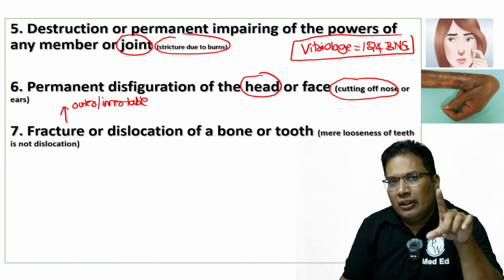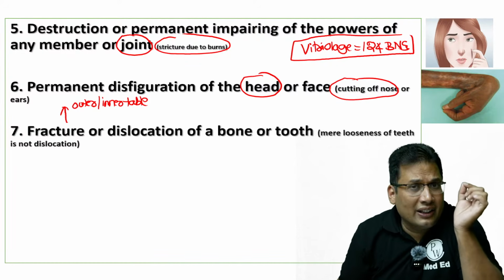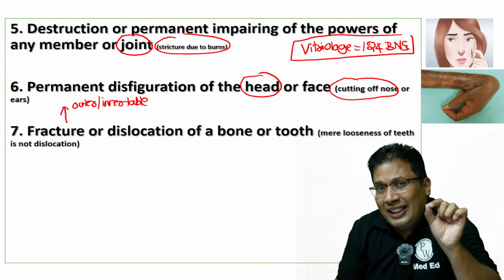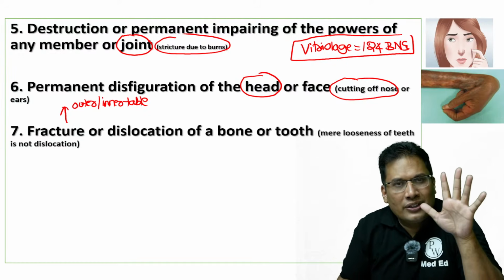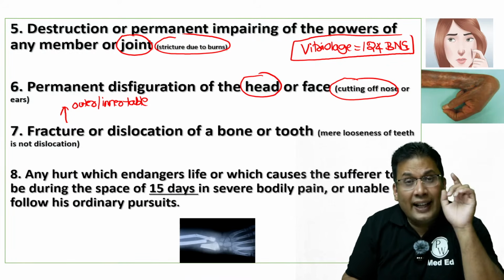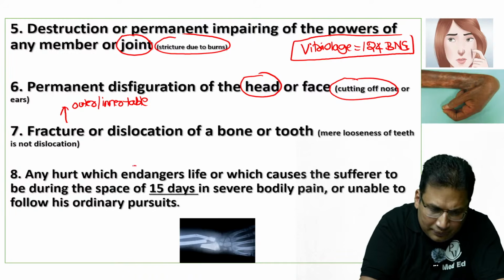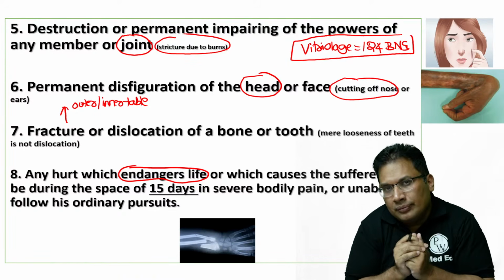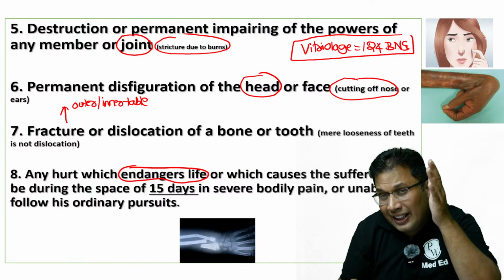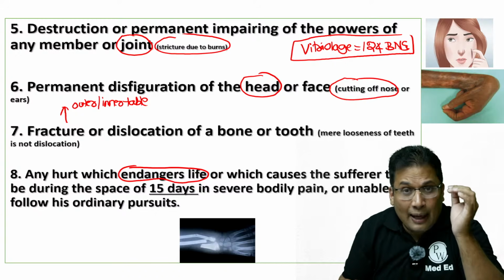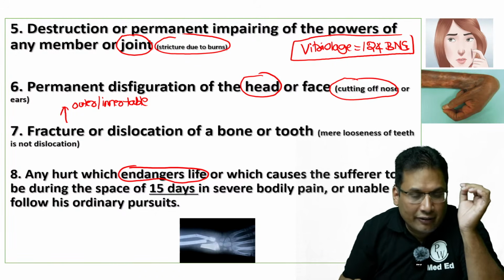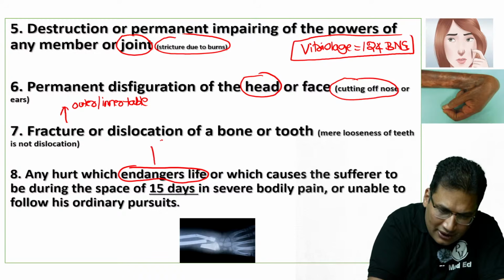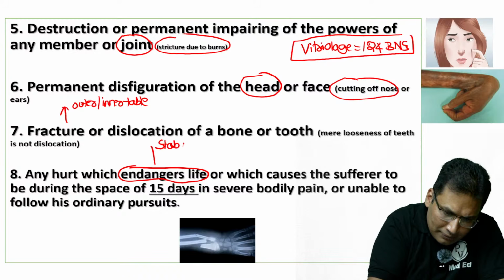The very important one, very commonly asked in the exam, the common area where you tend to make mistakes, is the eighth clause. In the eighth clause, we have: any hurt which endangers life, or we can call it a dangerous injury. For example, head injury is a dangerous injury. Stab injury over the abdomen endangers life. So any hurt, for example stab injury over the abdomen, or head injury,